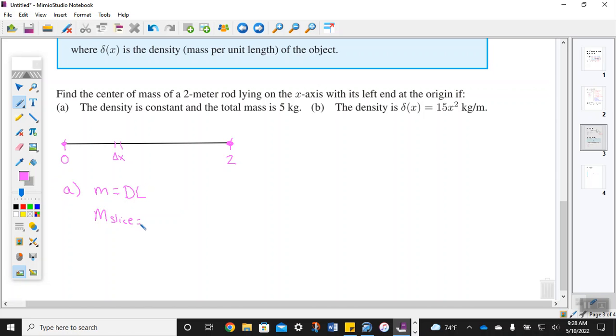All right. Well, here's the deal. We would know the mass is, well, we already know the total mass, don't we? So I don't really even need to go with a total slice here, but the mass has got to equal 5, doesn't it? And doesn't the length of this little slice just have to be delta x? So this would be the density, whatever the density is, times delta x. So the density would be 5 divided by